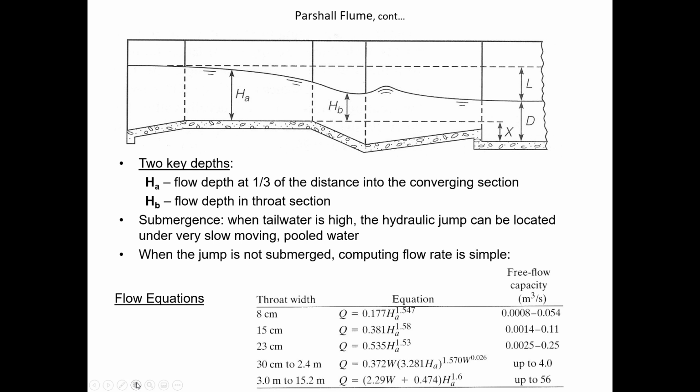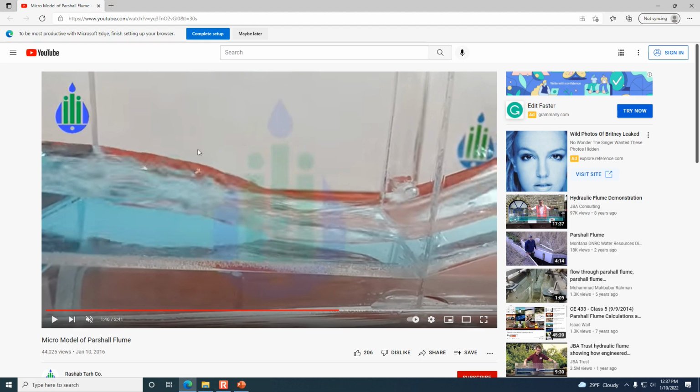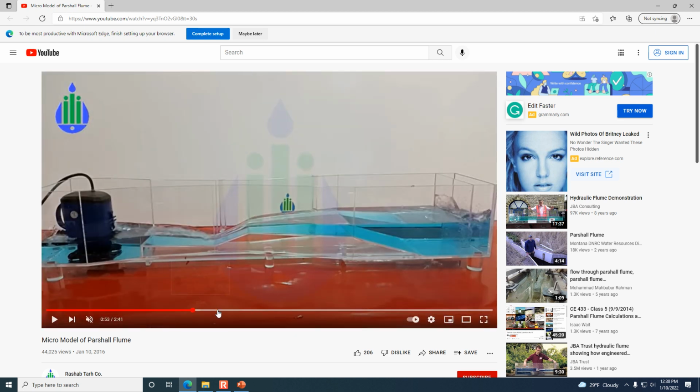So every manufacturer of these flumes will have a calibrated equation similar to this. And the flow rate is usually just based on the depth upstream prior to the flow through the throat. But the reason why we measure that throat depth is to know whether the hydraulic jump is submerging, whether the tailwater is submerging the hydraulic jump. Let me just go back here for a second. All right, so